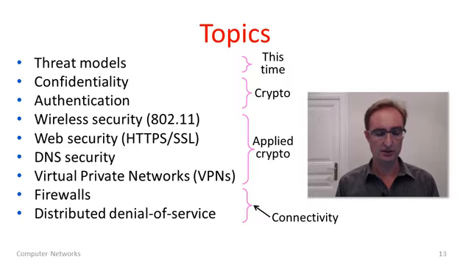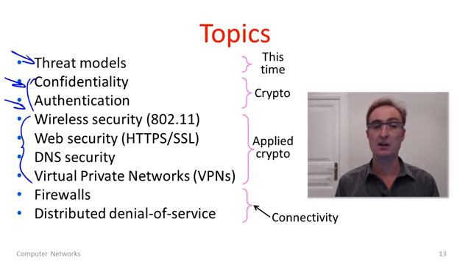Okay, so that's our introduction. So far we've talked about some of the threat models, the concept of threat models. Next we're going to cover our introduction to crypto and talk about how you can provide confidentiality and authentication of messages. And after that, we're going to go through various material. You'll see how crypto is applied in different ways, at different layers. So you're securing 802.11 through securing the web, for instance, as well as the DNS and new constructs like virtual private networks. And we'll also see some security problems that have little to do with crypto.